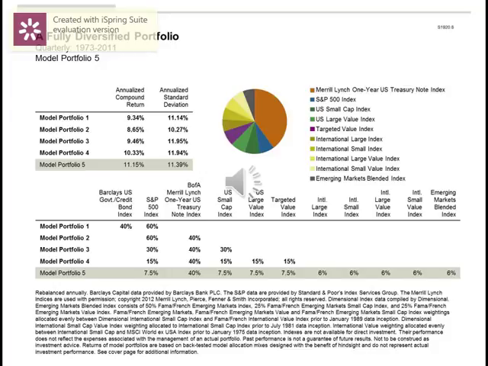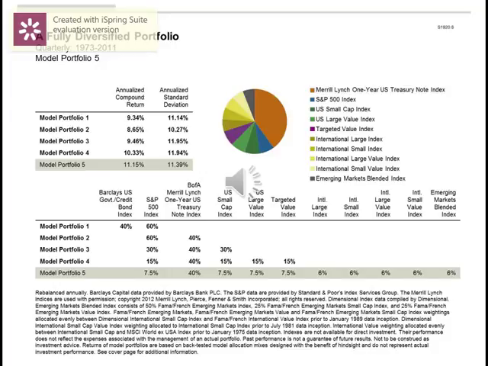The portfolio's 60% equity allocation is now evenly split between the U.S. and international markets, with roughly equal exposure to size and book-to-market risk factors. The historical data for the performance period shows Model Portfolio 5 producing the highest annualized compound return of all the portfolios without a significant increase in volatility. In fact,